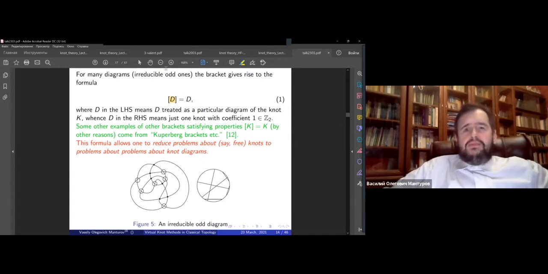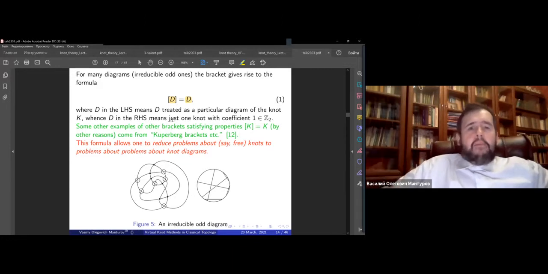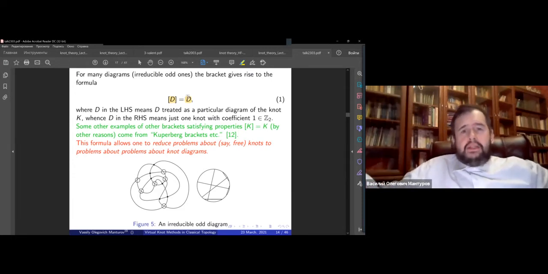Well, Reidemeister 2 is an easy thing. And here D is just one particular diagram with coefficient 1. So actually, by looking at this formula, I can think of all possible diagrams of D. And for example, I can say that any diagram of D contains D itself. And here is